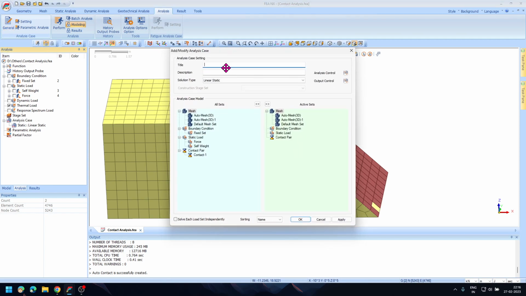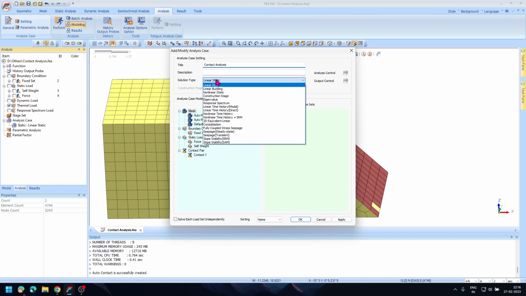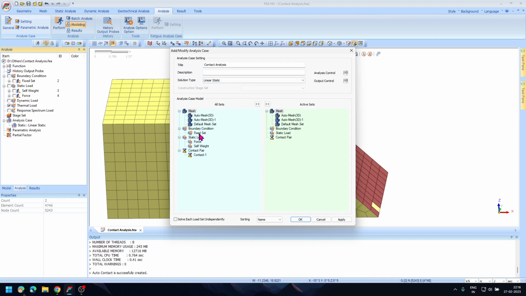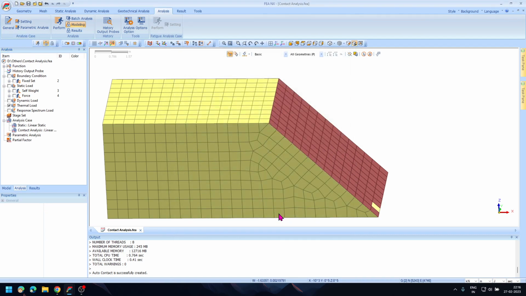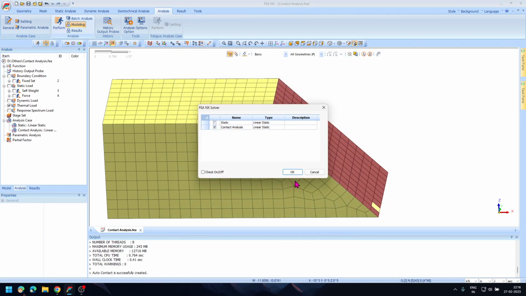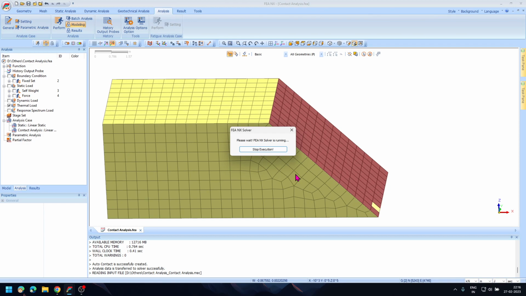create a new analysis case, and write it as contact analysis. The solution type will be linear and static, and this time with the forces and boundary condition we will also activate the contact pair and click on OK. So now if you perform the analysis again,